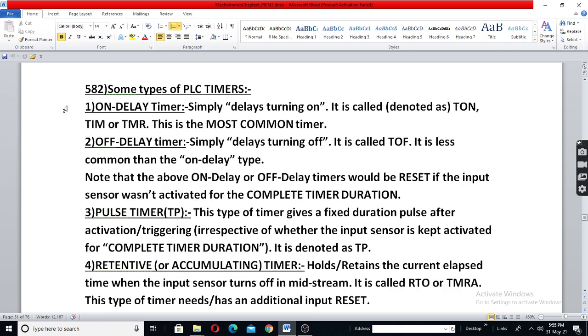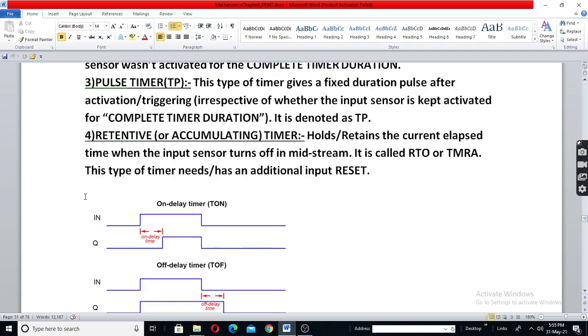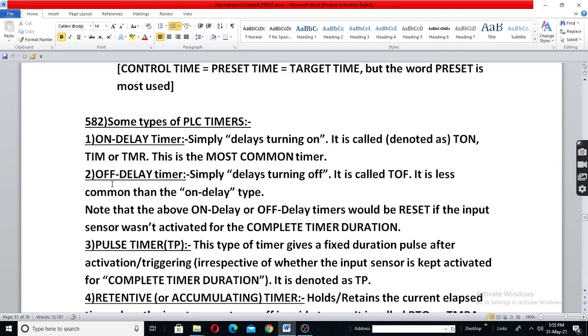Just by on delay timer, other timers can be programmed with a little bit more instructions. Hence, some cheap PLCs provide only on delay timer. Right. Now let us study one by one.